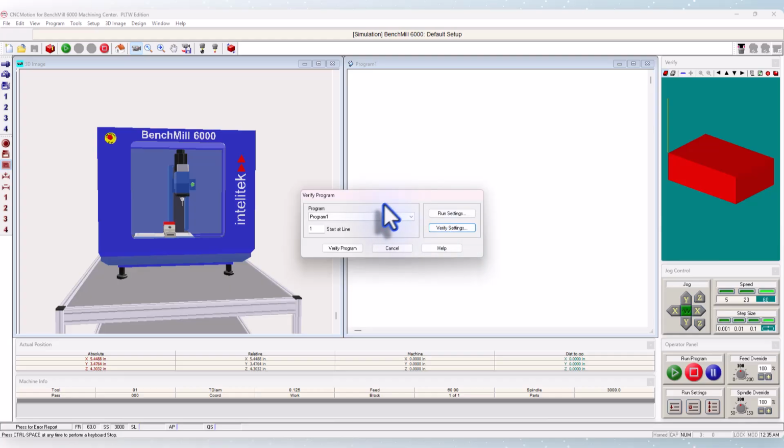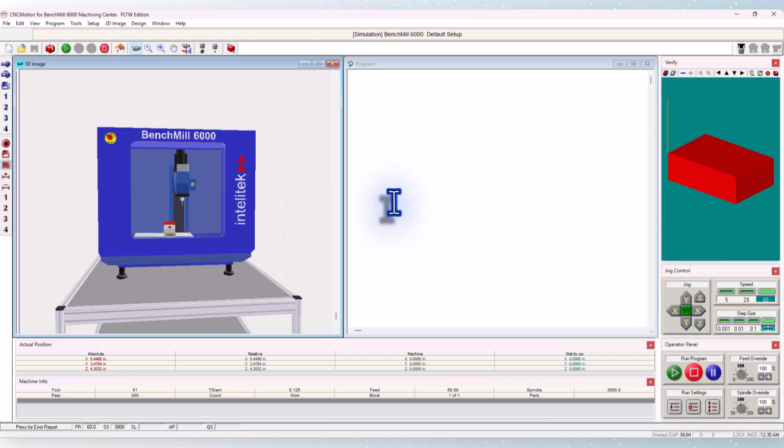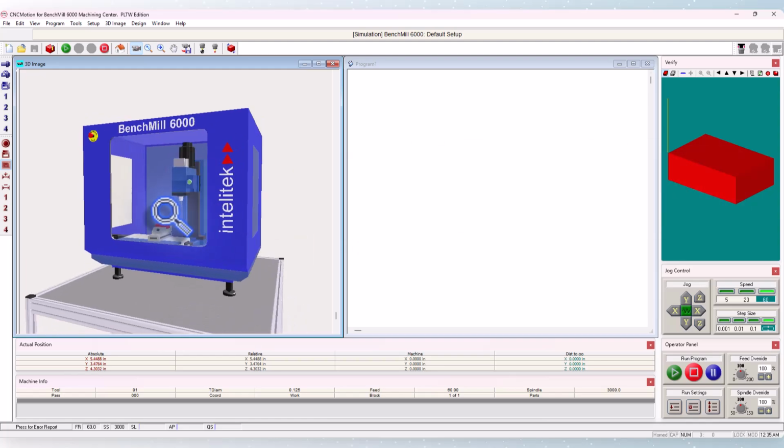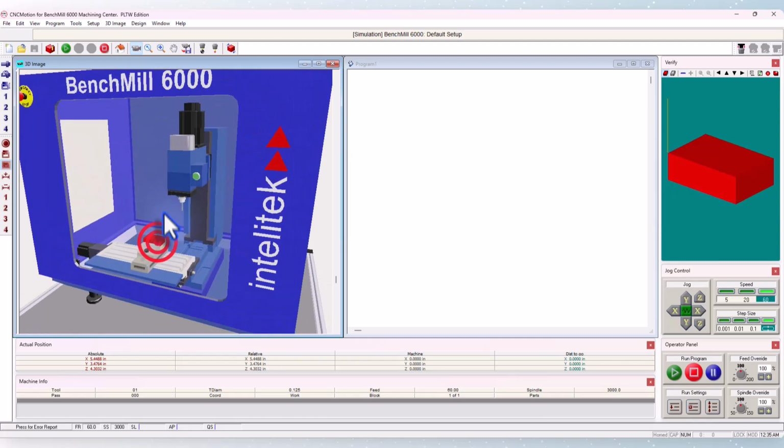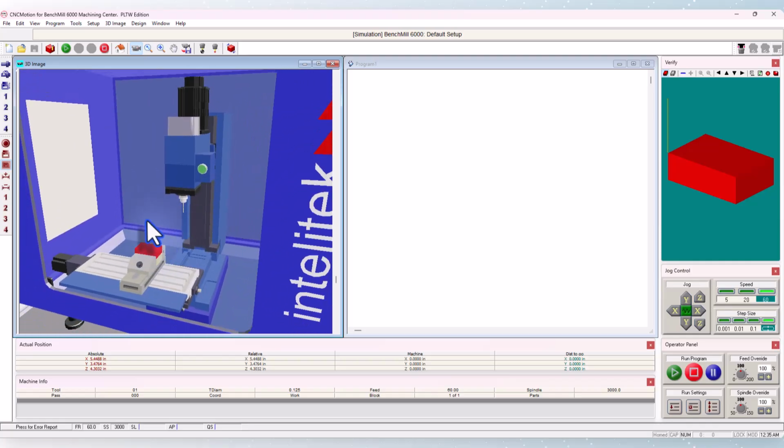All right. So now that I've got that, I'm going to select cancel. And here you can see the verification screen. So again, I can zoom in here and tilt to be able to see. Now, when we get ready to run the machine, it's a pretty easy program to work through. We're going to first go to Tools, and we want to look at the